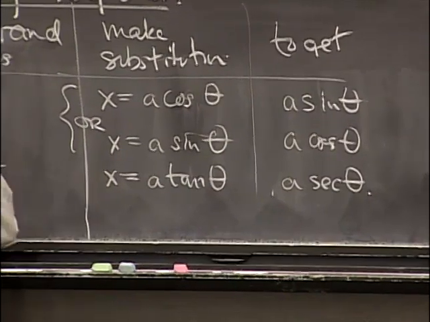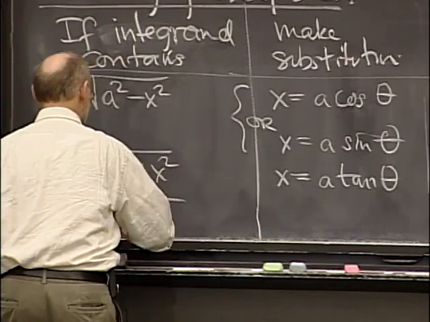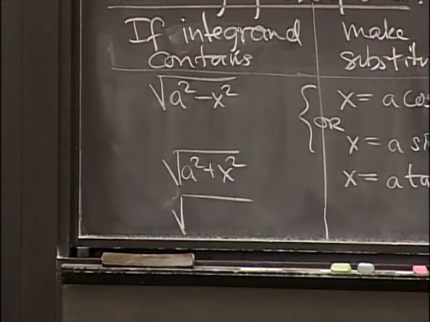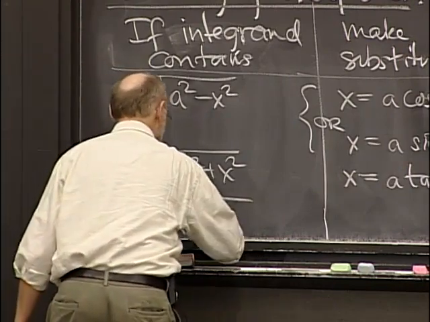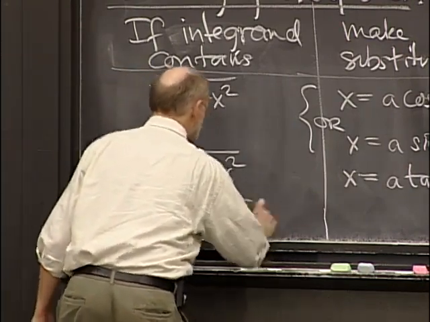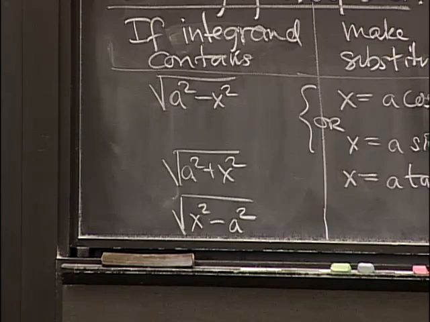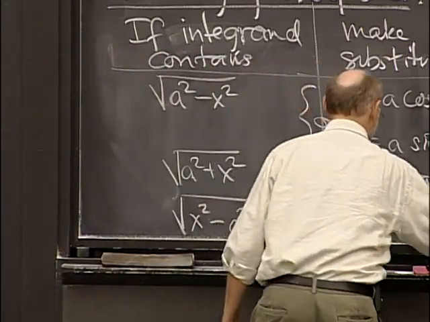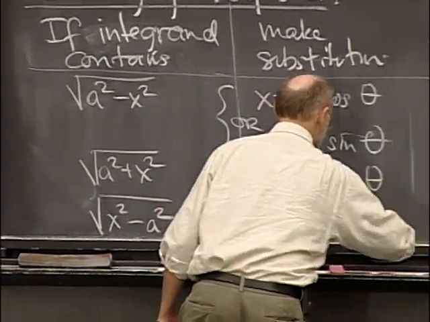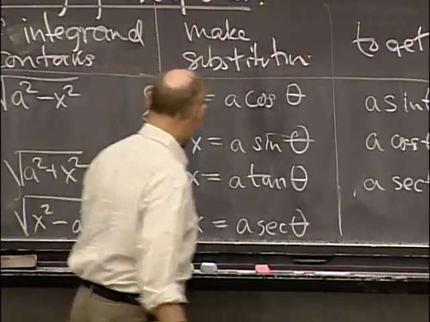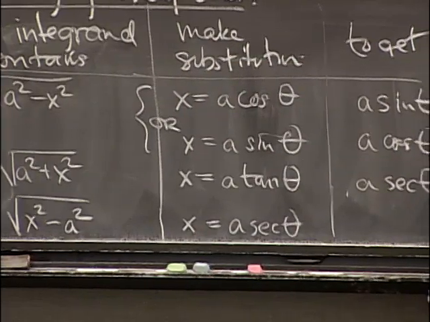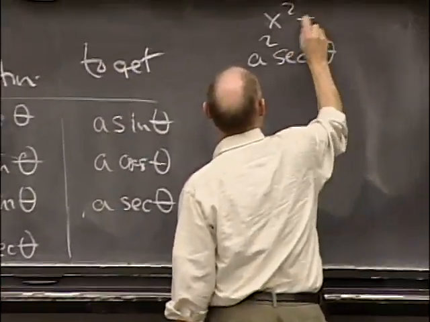There's one more thing in this table. It's sort of the only remaining sum or difference of terms like this, and that's what happens if you have x squared minus a squared. So there, I think we can make a substitution: a times the secant of theta. Because after all, secant squared of theta, so x squared minus a squared,